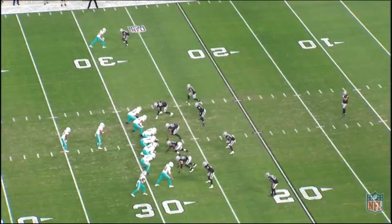Very simple. In this instance, they run Lynn Bowden. In my hypothetical, it'll be Jalen Waddle. Remember, you're on the short side. This is the play side. If you run Waddle in motion, and then you snap it, especially in the pistol formation, and you put the ball in Waddle's belly right at the hash before you pull it out and hand it to Gaskin running outside zone, what will that do? It's going to hold these guys,